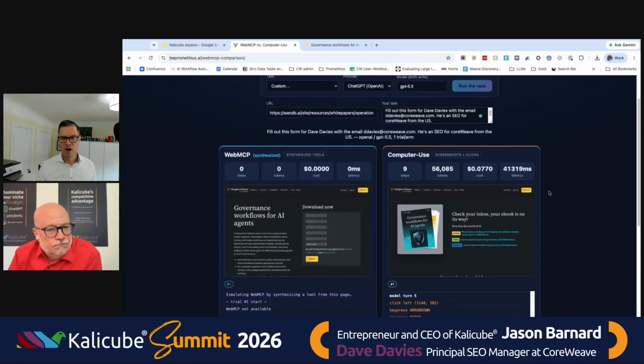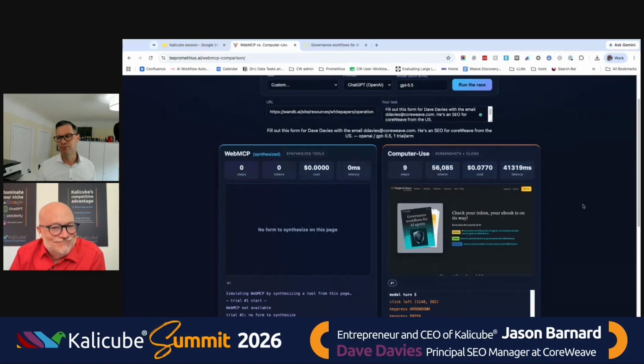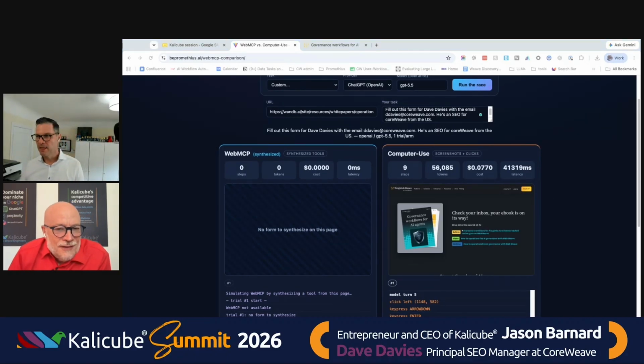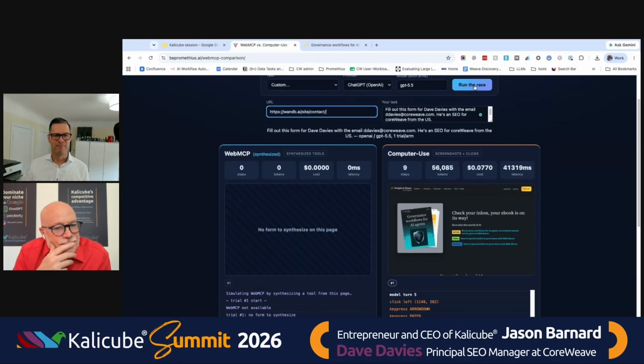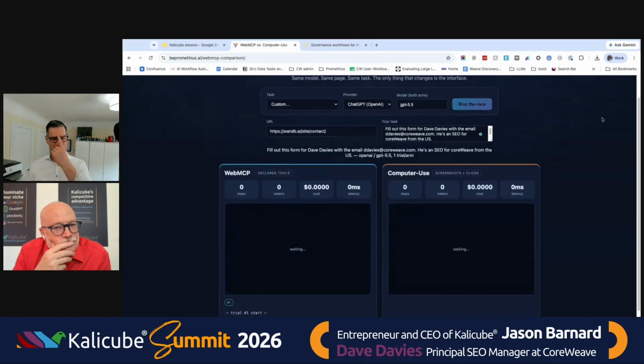So, okay, of course it does that. Of course, it didn't work flawlessly yesterday. So anyway, there actually, it does work with the forms, no problem. So what we end up with on the right-hand side is computer use, if it has to emulate the MCP, is that what you're saying? Yeah. Here, you know what I'll do? We can just keep chatting here. I'm just going to run the race again, but on our contact form. Like this is using a more sophisticated.